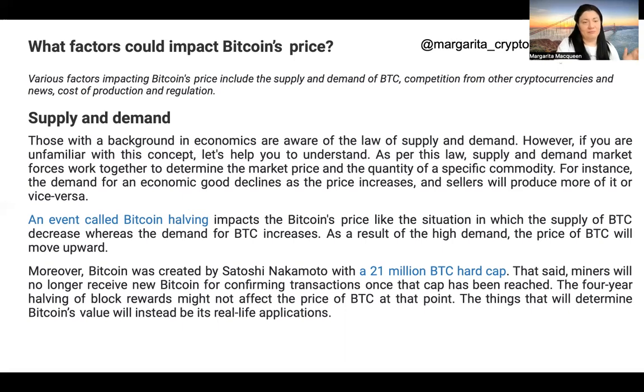a reminder, you know? Those with a background in economics are aware of the law of supply and demand. However, if you are unfamiliar with this concept, let's try to understand together what it is. As per this law, supply and demand market forces work together to determine